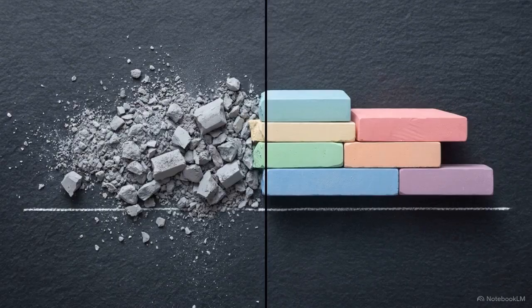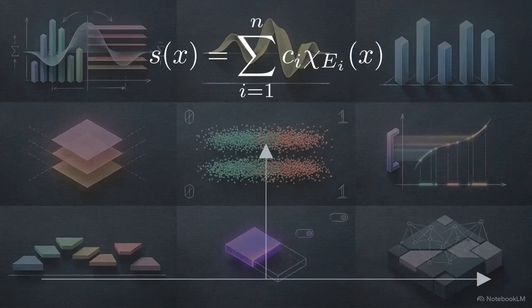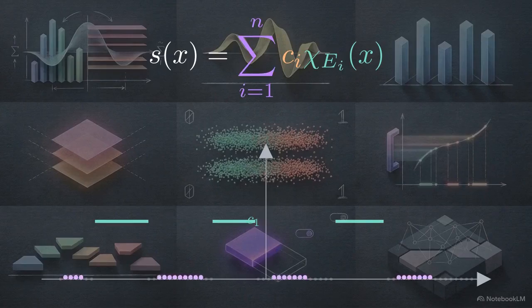To calculate area, Lebesgue replaces Riemann's rectangles with simple functions. A simple function is a finite linear combination of indicator functions. The indicator function acts as a binary switch. It returns a 1 if an input is in a specific set, and a 0 if it is not. We multiply that switch by a constant, which assigns a specific height to that entire scattered set of points.